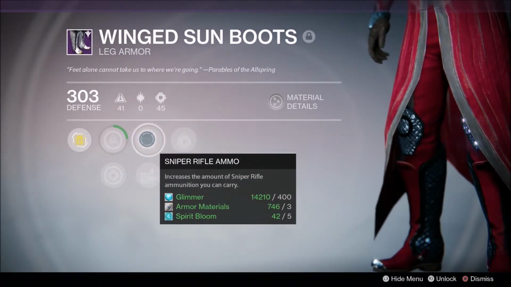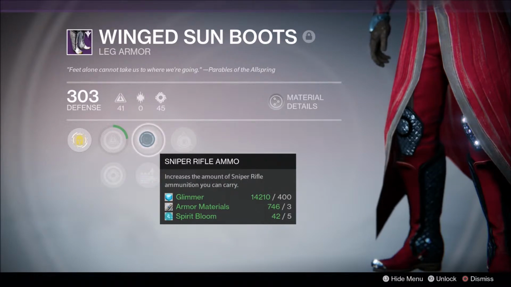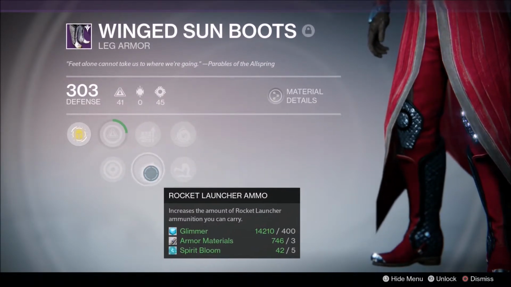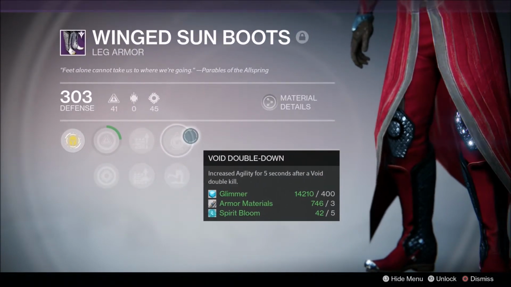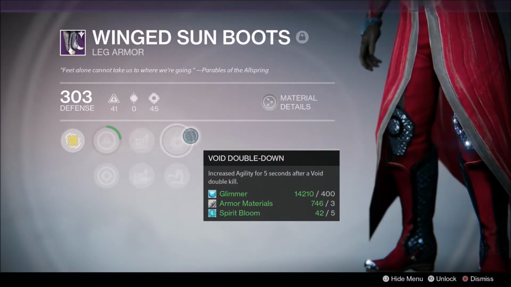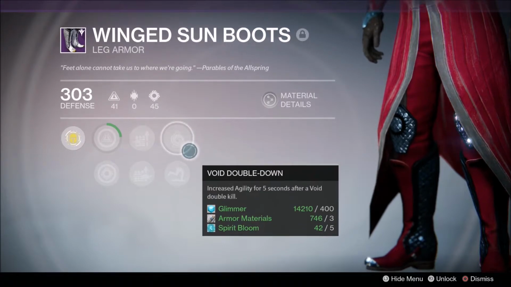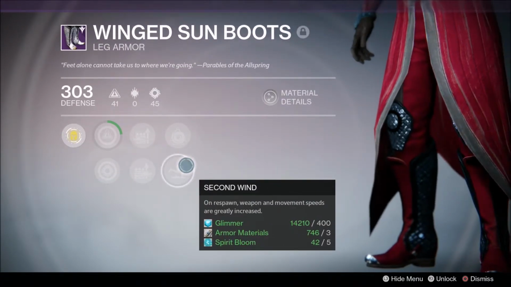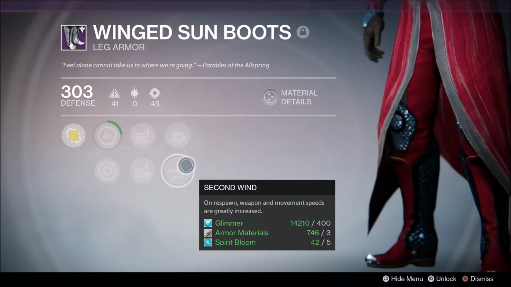increase the amount of sniper rifle ammo, so depending on what role I'm using in trials, obviously that will help out with that. Increase the amount of rocket launcher ammo you can carry, same for that one. And then we've got increased agility for 5 seconds after avoid double kill. So then Nova bombs. And on respawn weapon and movement speeds are greatly increased. So this one, once I unlock it, I'm putting this one on because it's going to be very helpful again